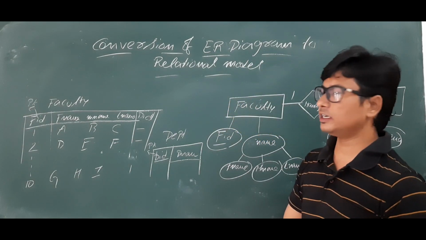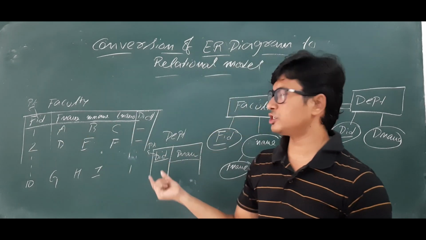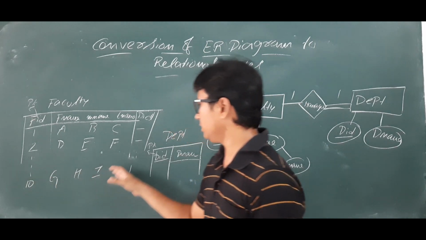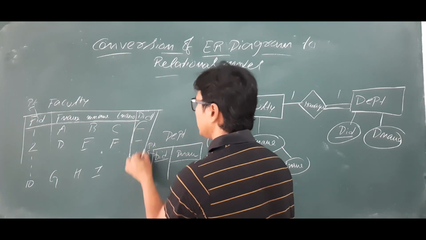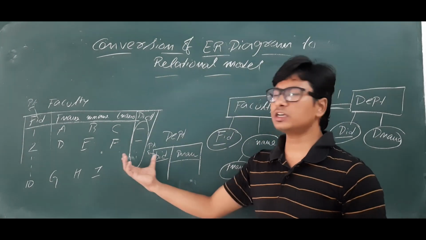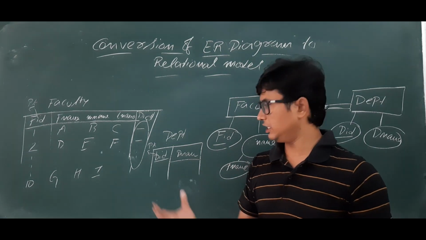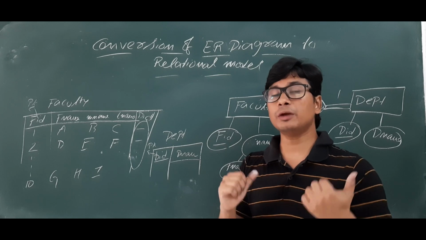Now if you see, what is happening in this case? Faculty 1 is not acting as a HOD for any department. Faculty 2 is not acting as a HOD. Up to faculty number 9, they are not acting as HOD. So these values become null. Can we eliminate them? See, this is also a correct design, but we are talking about whether we can have an efficient design. Even this one is a design and it is also correct, but I am talking about an efficient design.